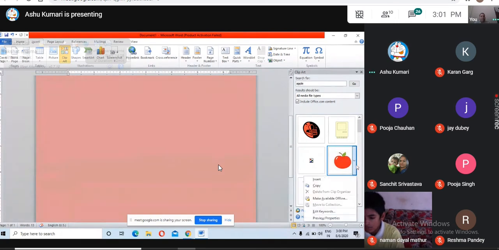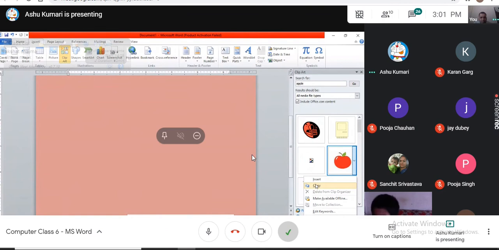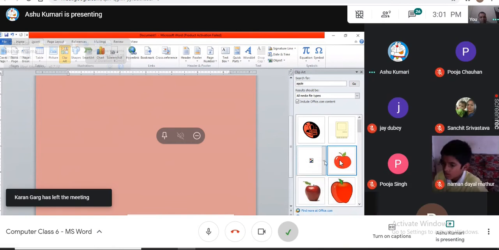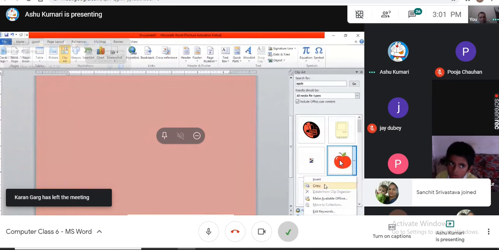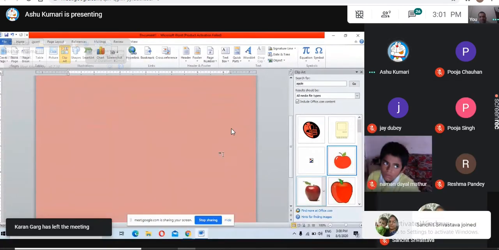So you can see that insert copy. Yes, click on the insert copy. First option, insert, copy that art. Click on copy and paste in your document.